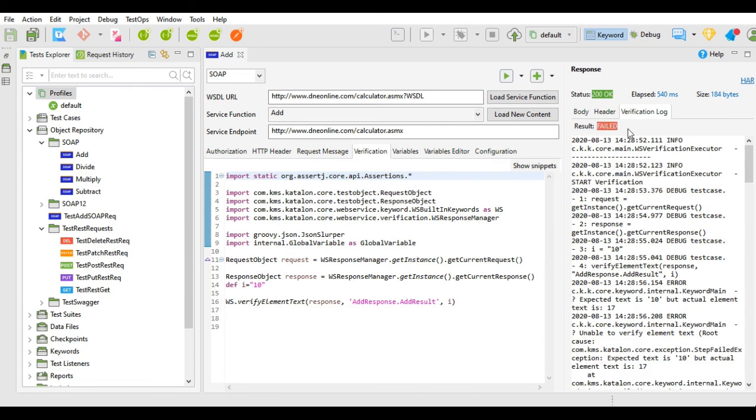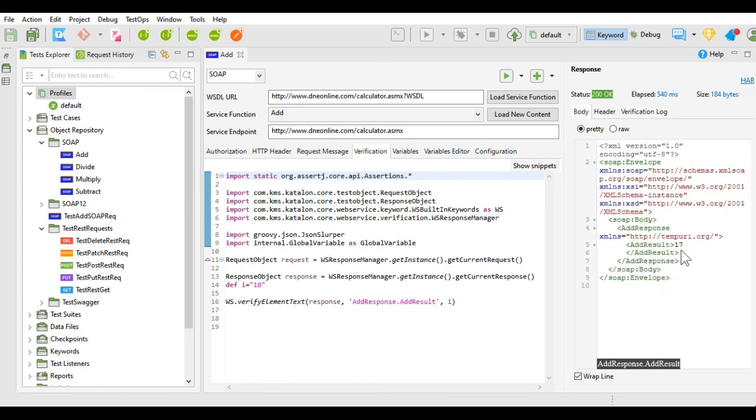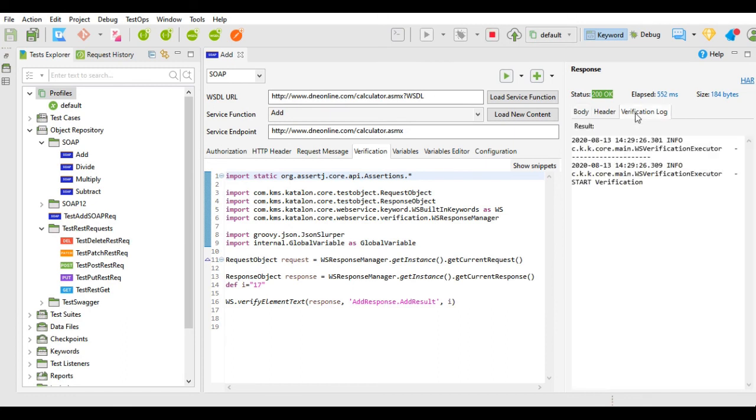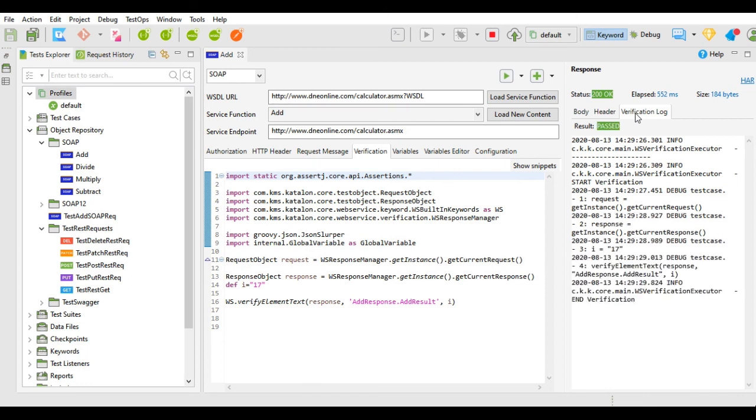And this time it has given us the result as failed because the I, that is 10, is not matching with the actual result, that is 17. 10 is not matching with 17. If I give over here 17, then now the verification result will be pass. And if I go and check over here verification log, it's given the result as passed.